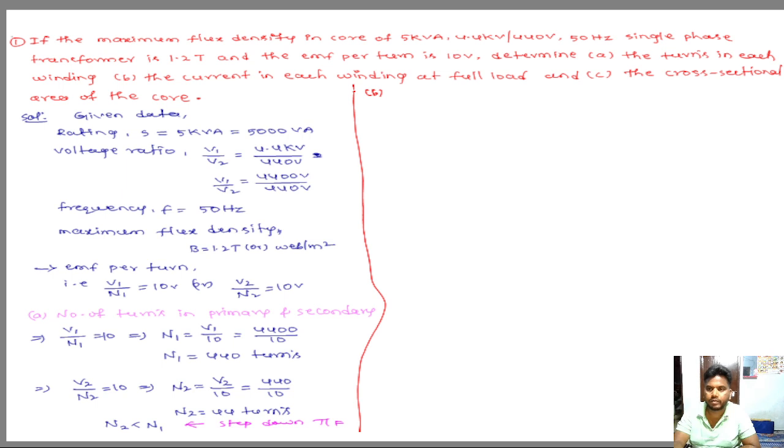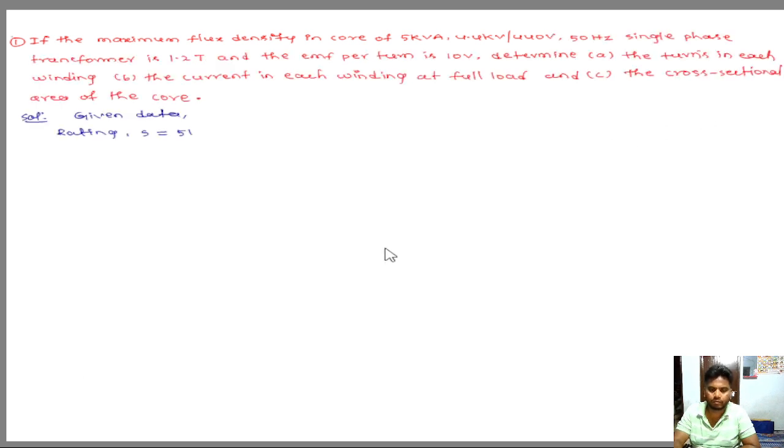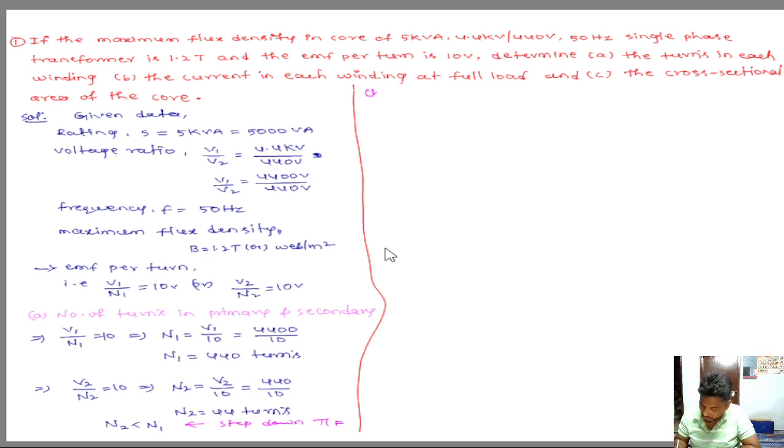We need to calculate the full load primary and secondary currents. First,